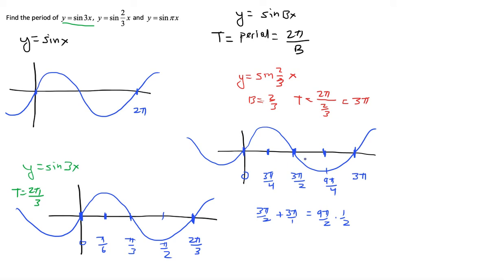So we got the x-intercepts, we got the maximum value and the minimum value here. Lastly, what about y equals the sine of pi x? This one looks a little bit tricky, but what is the b value here? The b value is pi. So the period is going to be 2 pi divided by pi, which actually just equals 2. That one looks a little bit weird, but if we draw one complete wave here,